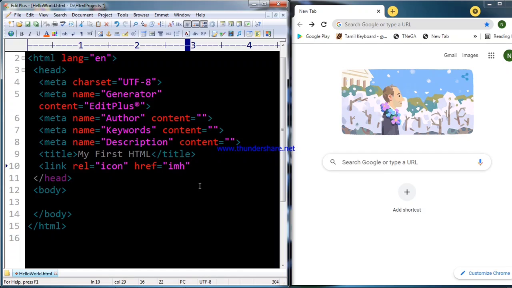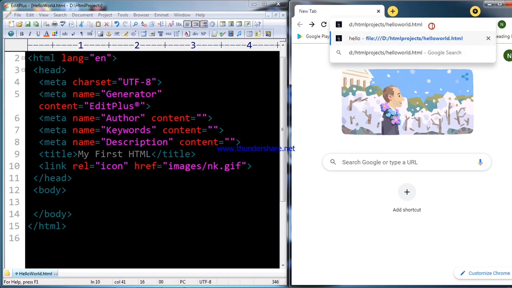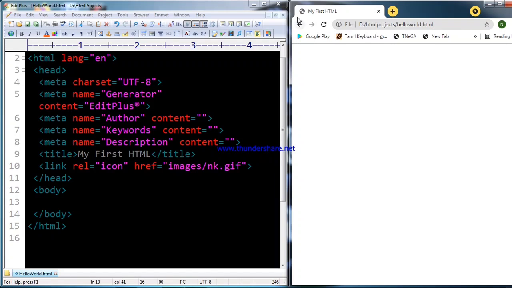One is title. In the title element I mention the name of the title, and then the link element, mentioning the location of the image file by using two attributes.